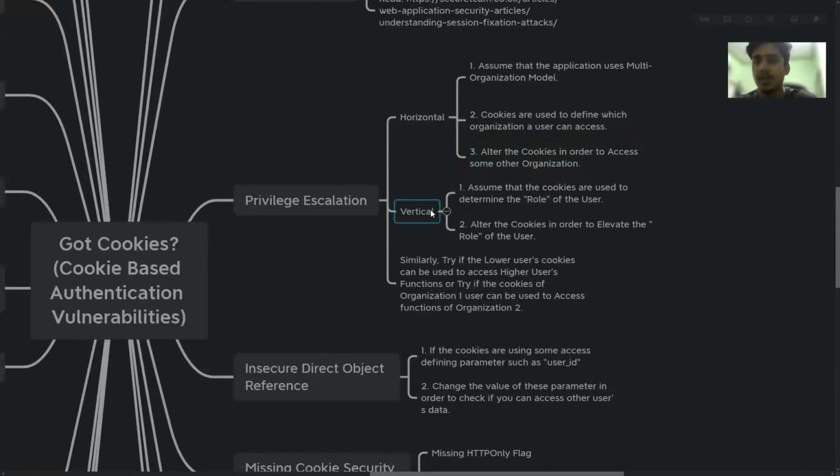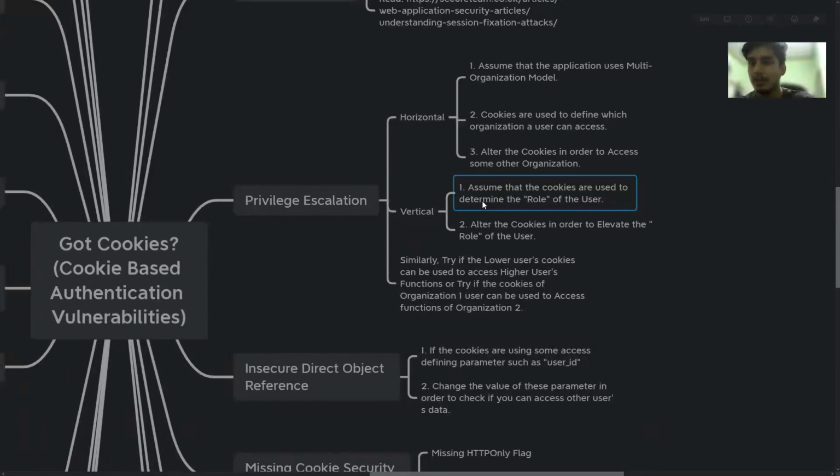Now, when we talk about vertical privilege escalation, assume that the cookies are used to determine the role of the user. I have found this a plenty of times, especially in the past few years, not these days, where you will see it rarely. But let's say the role parameter is defined in the cookies.